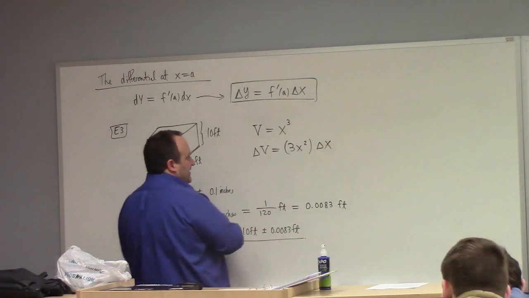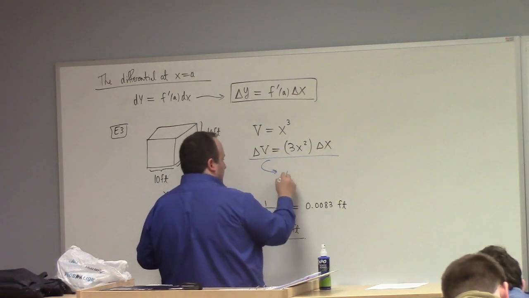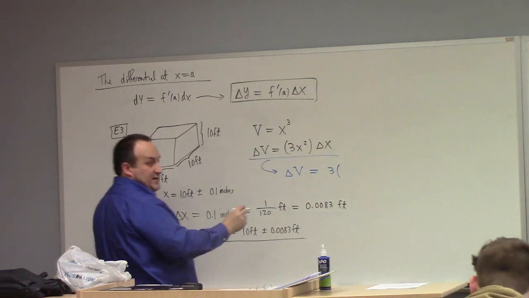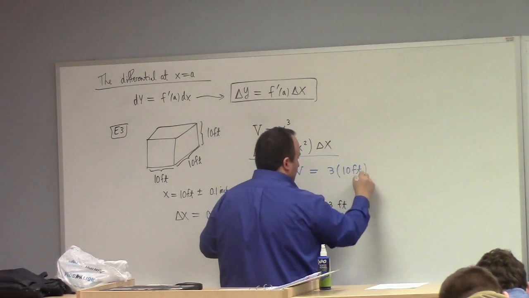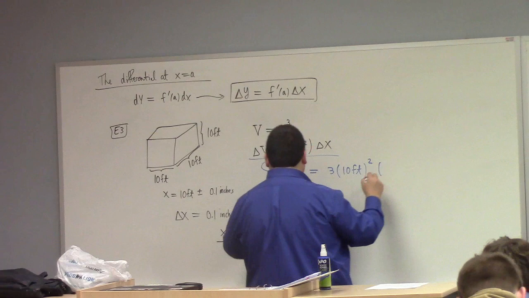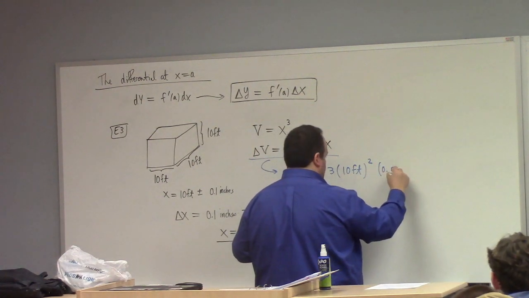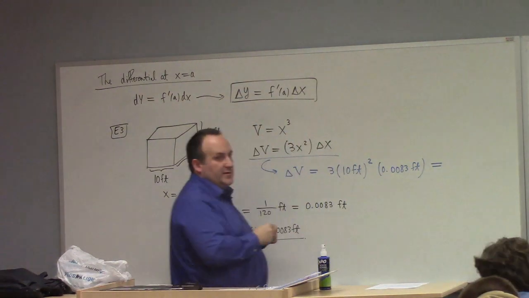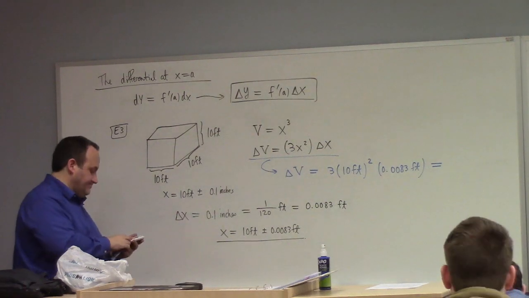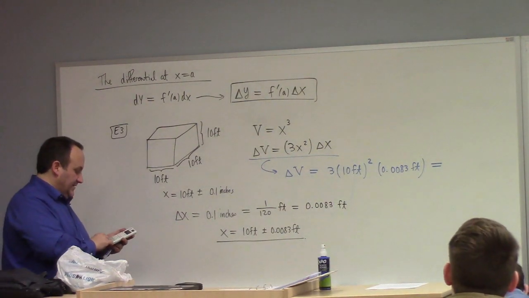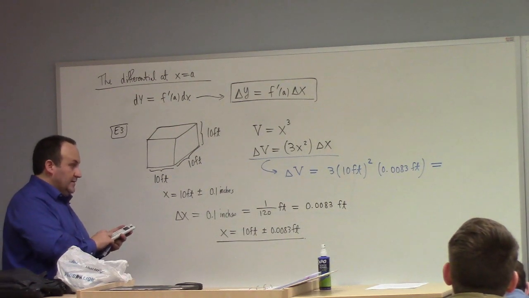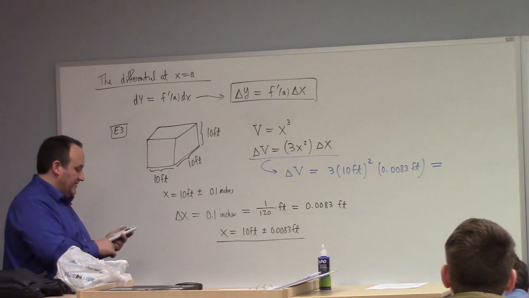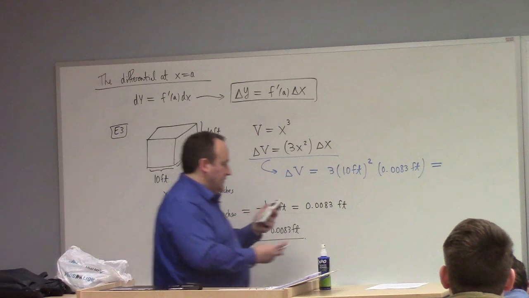In the specific application that I have here in this example, we would look at what? Our change in volume, our uncertainty in the volume, would be 3 times, what was my x? Well, 10 feet, right? 10 feet squared times my delta x, which is about 0.0083 feet. All right? So what is my uncertainty in the volume of the cube here? I've got to do 3 times 10 squared, also known as 100, times 0.0083. So it actually works out to